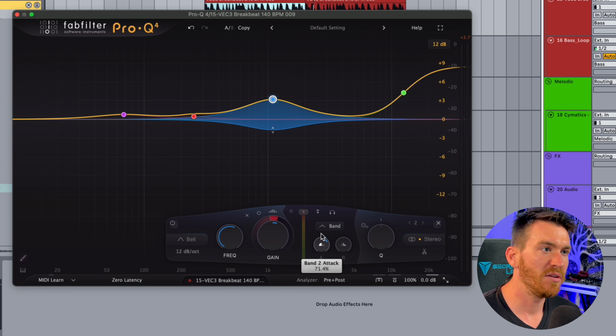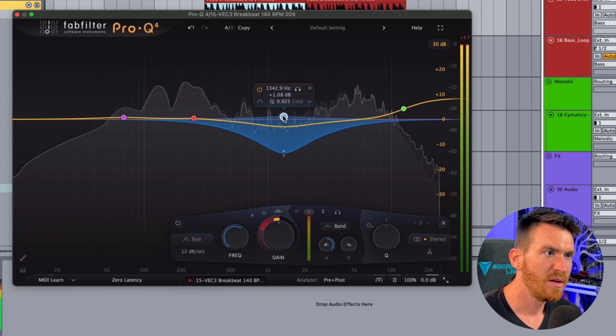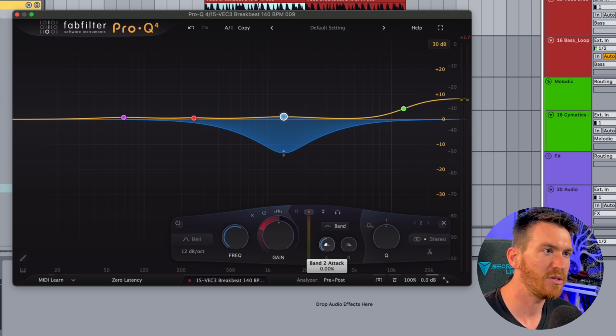So listen on the snare here. I'm really tanking it just to prove a point. We get a lot of the click of that snare coming through. Now, if I set the attack all the way to 0%, as fast as it'll go,